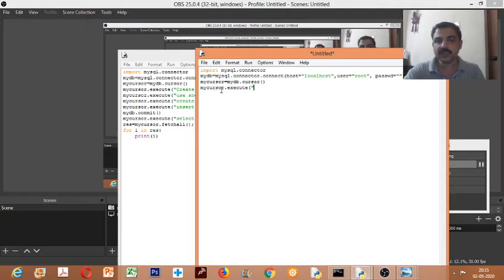So the cursor should be created, then you give some name to the cursor, then that name dot execute, and then I write any MySQL command. I will just create a database, then create a table and run from this.